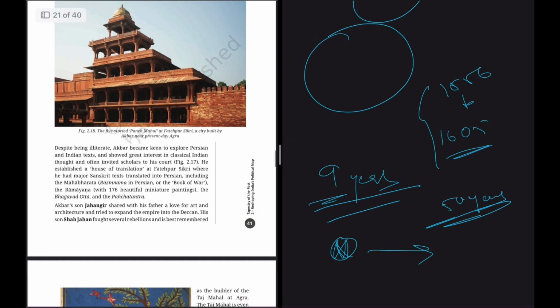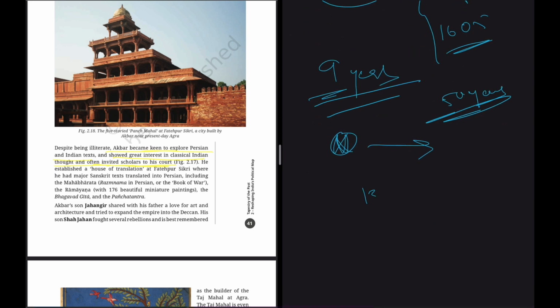So even though being illiterate, Akbar was keen to explore the Persian and Indian scriptures and showed great interest in classical Indian thought and often invited scholars to his court. Even though he was illiterate, even though he became emperor at the age of 13, he was very keen in studying. So he was interested in learning, and he established a house of translation at Fatehpur Sikri,